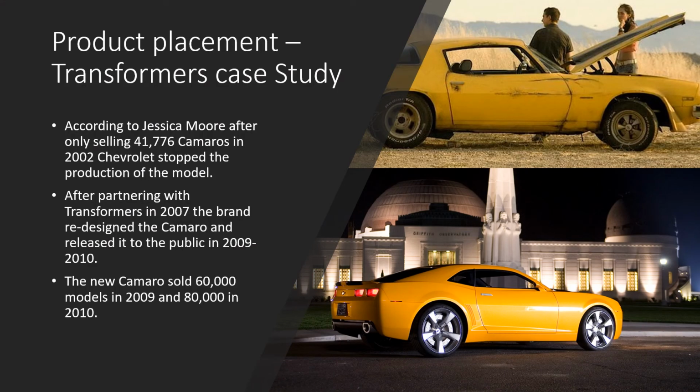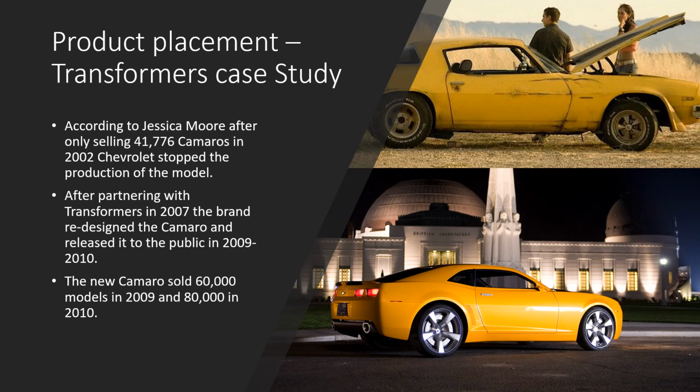Another great example for product placement is going to be within the Transformers movies. So pretty much during Transformers 1, the Camaro was the ideal car, or that show car for the franchise. And according to a study done by Hollywood Brands, during 2002, only 41,776 Camaros sold. So the brand Chevrolet decided that they were going to discontinue the model,